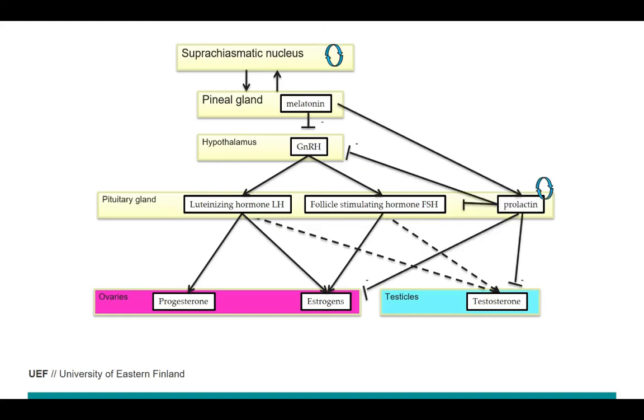But then we have prolactin that has a circannual rhythm, partly because there are changes in the melatonin. And then this prolactin is limiting testosterone and estrogen production and the release of follicle stimulating hormone or luteinizing hormone, and the release of these hypothalamic hormones also. So actually then we have the daily rhythm and also the seasonal rhythm in this same picture.